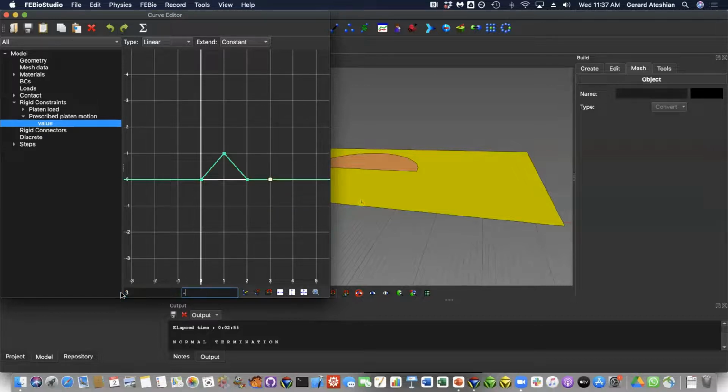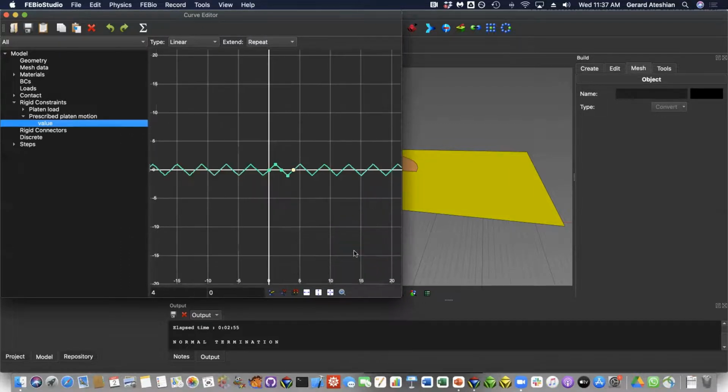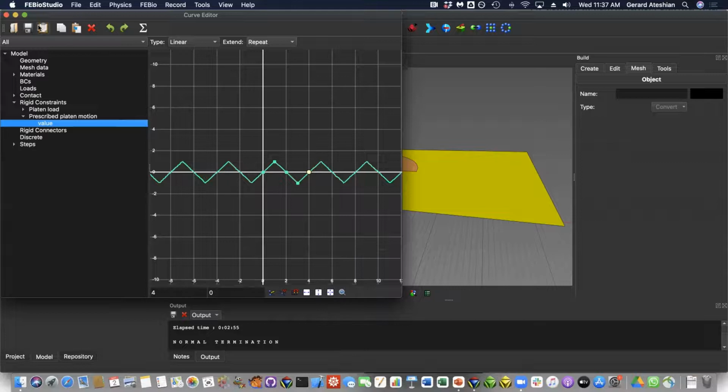I'm going to move with a scale factor of -1, which means 2 millimeters to the left instead of to the right. And finally, at time 4 seconds, I'm going to go back to the center. And then I'm going to repeat this cycle. So I can do as many cycles as I want. So if I repeat the cycle, you can see that there will be many more cycles, as many cycles as we